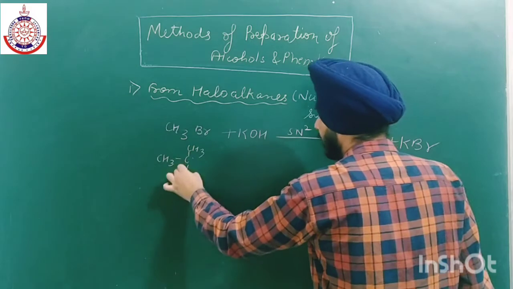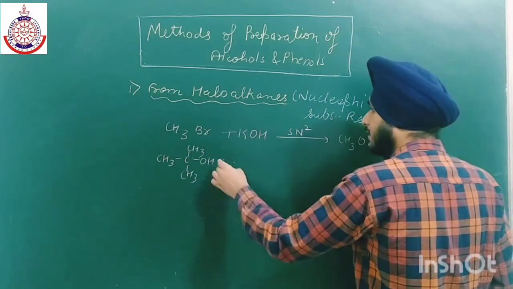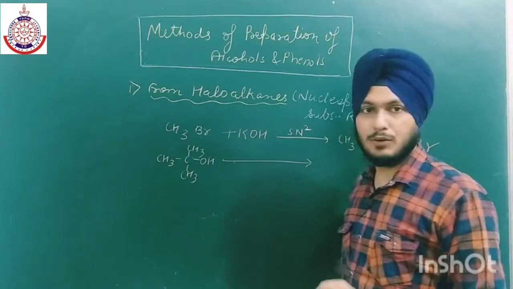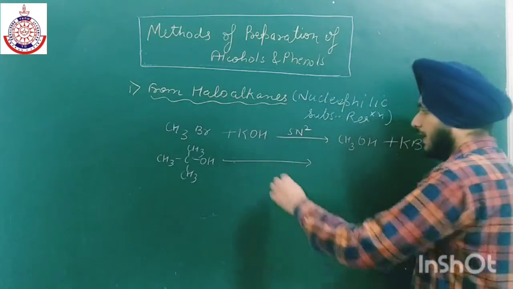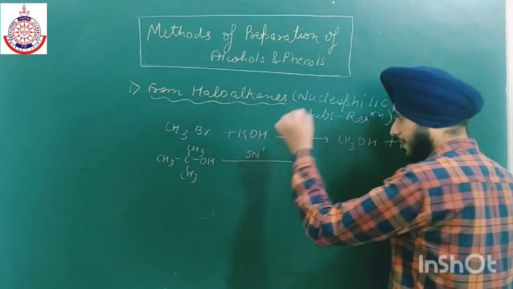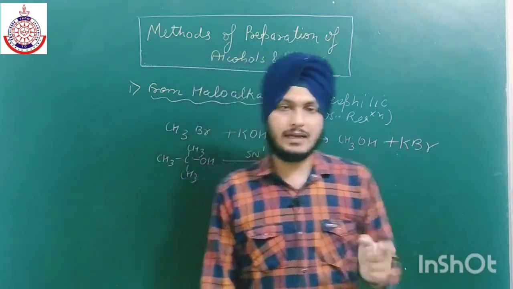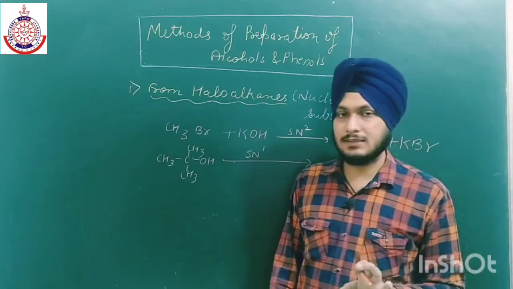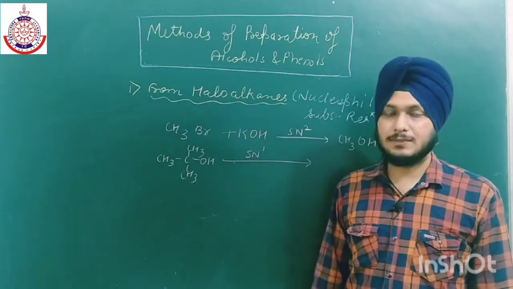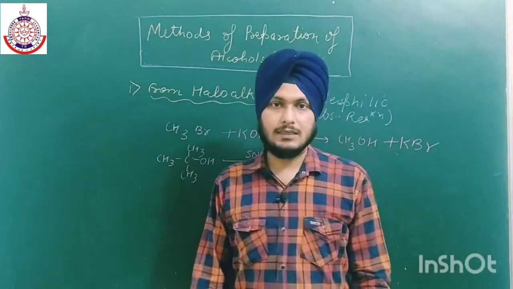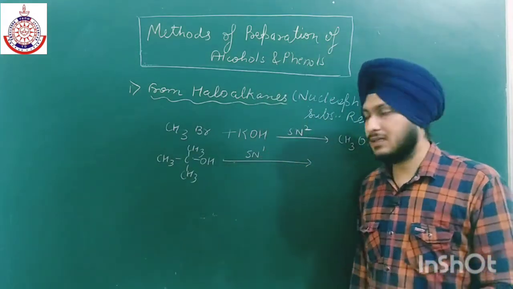3 degree, firstly SN1 will take place. And we have to take a polar protic solvent. In case of SN1 we need a polar protic solvent, and a weak nucleophile. If we take a strong nucleophile, then elimination will take place. We have already discussed, if we take a strong nucleophile, then elimination will take place in case of tertiary, as well as in secondary also, it will favor the elimination reaction.